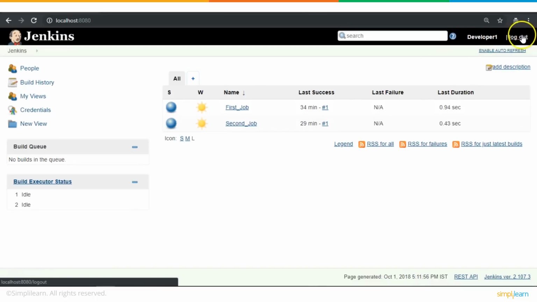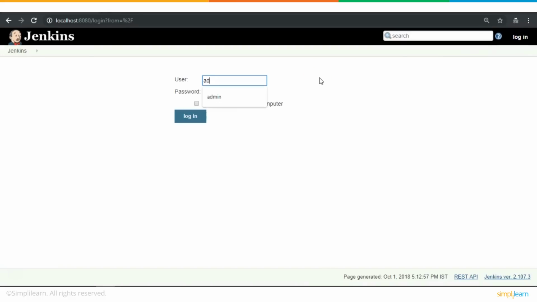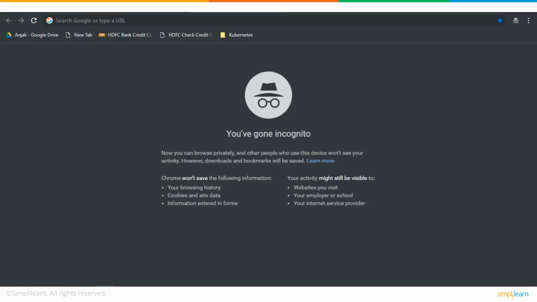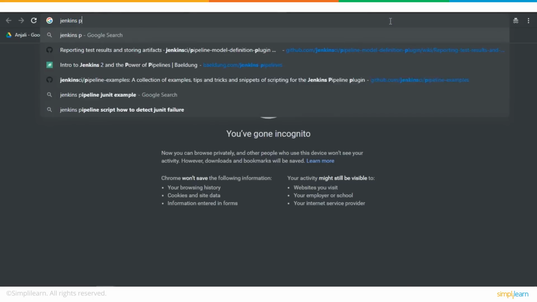Let me quickly log out of this user and get back as the admin user, because I need to continue with my demo. With the developer role that was created, I have very, very few privileges. One of the reasons for Jenkins being so popular, as I mentioned earlier, is the bunch of plugins provided by community users who don't charge any money for these plugins, and there are plugins for connecting anything and everything. So if you navigate to Jenkins plugins,